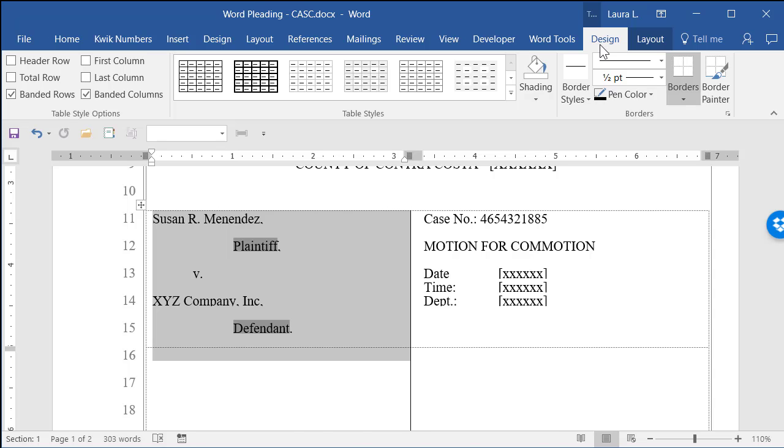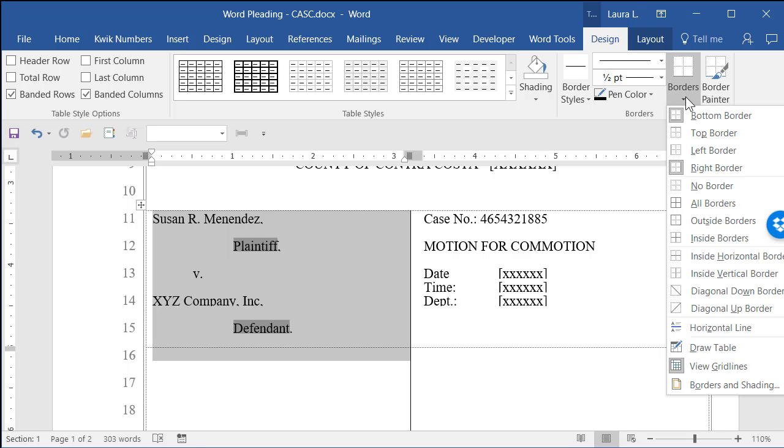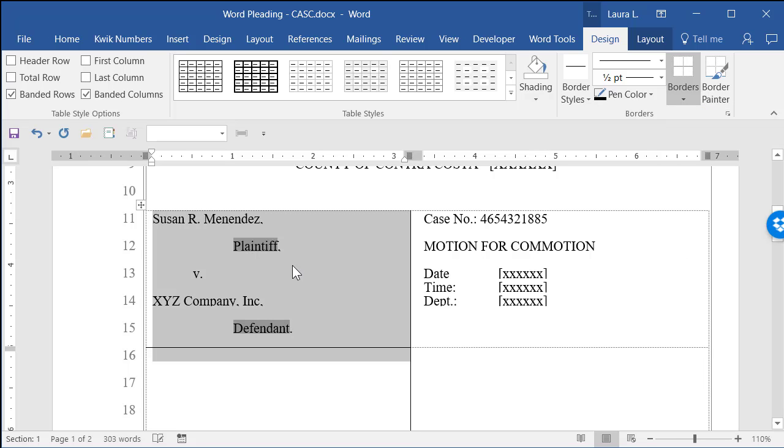And on design, you're going to have a button that says borders and also a button that says border painter, and either of these can be used. So I have this selected. What I want to put here is a horizontal inside border. So if I click the drop down by borders, I will see inside horizontal border. This is like an on-off button, so when I click it, it turns it on. Now if I turn that off,